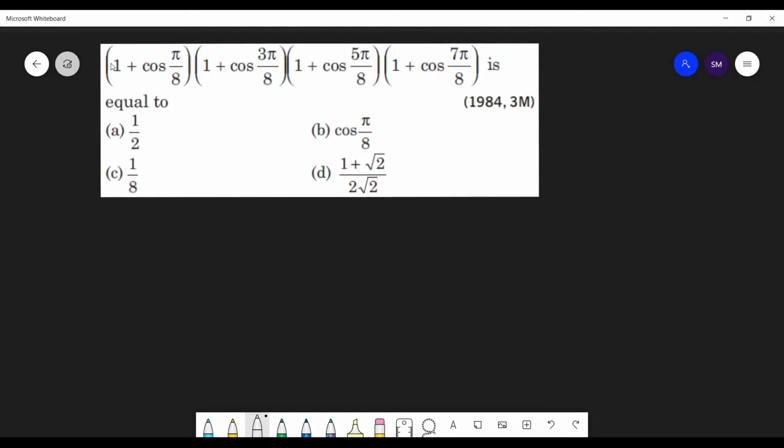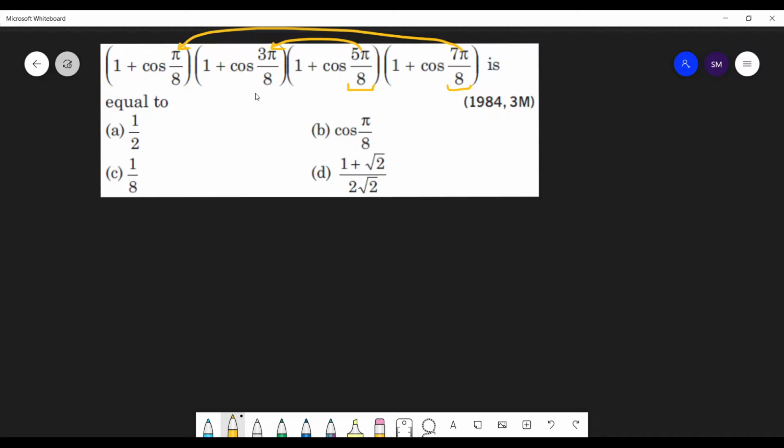Okay, so let us look at this question. So students, you have here, so you need to split the angle. So how are you splitting? The point is to split the larger angles. Yes, I can clearly see that 7 pi by 8 can be written in this form and this can be written this way. Yes, I can see it clearly, right?